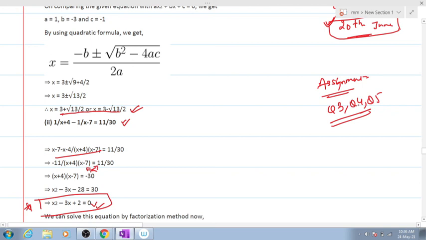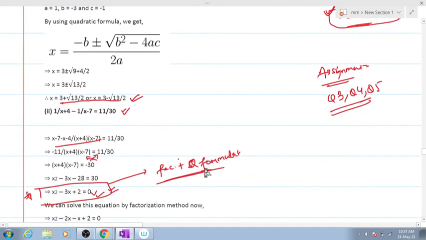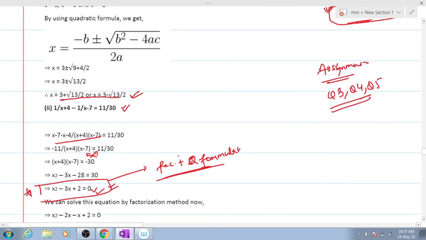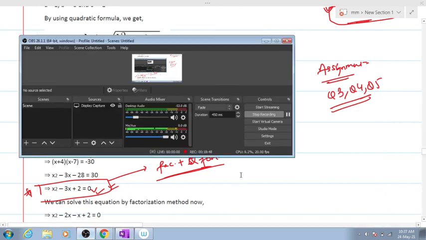I've written the assignment work for today. Today we'll be doing it till this much, and over here you have to do it using factorization, middle term factorization, as well as using Sridhar Acharya's formula or the quadratic formula. Clear? You have to factorize this by both methods, and then confirm whether you have the same answer or not. Clear? That will be it for today's class. I'll wrap it up here. Students having any doubt regarding today's class can feel free to ask.